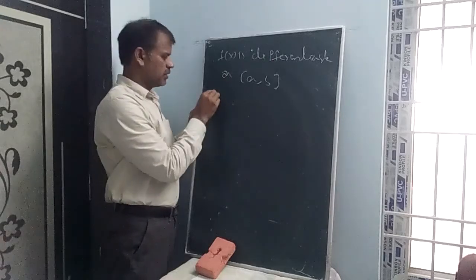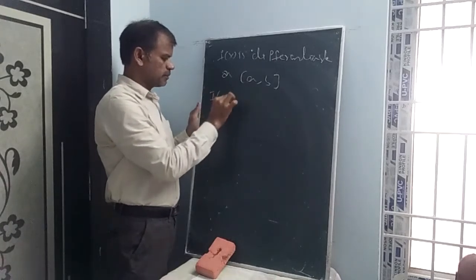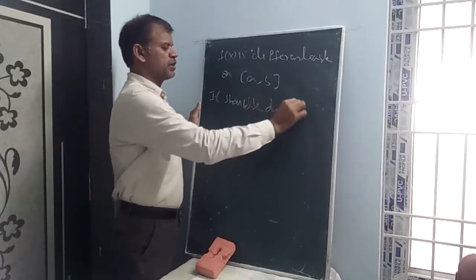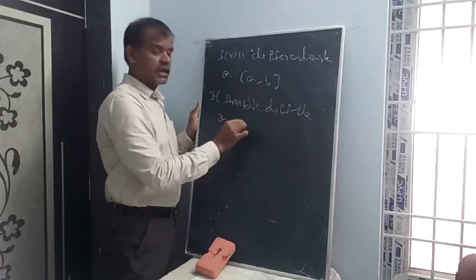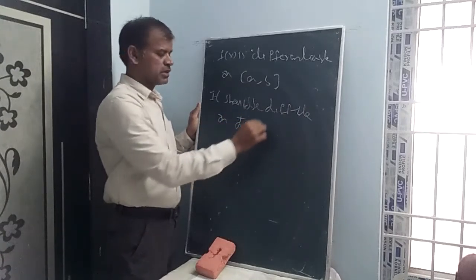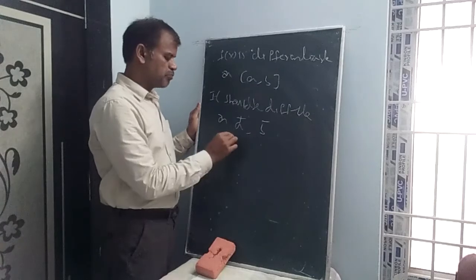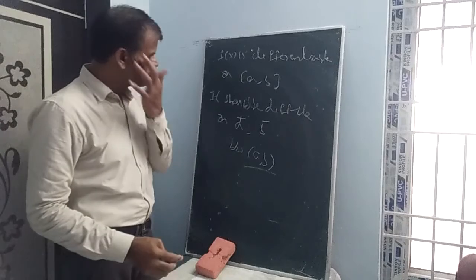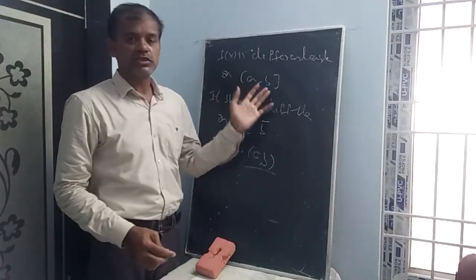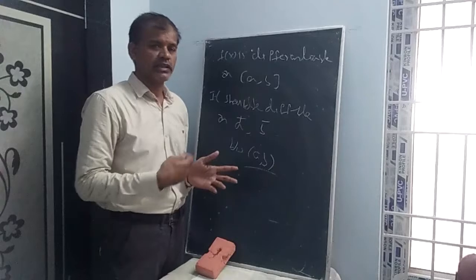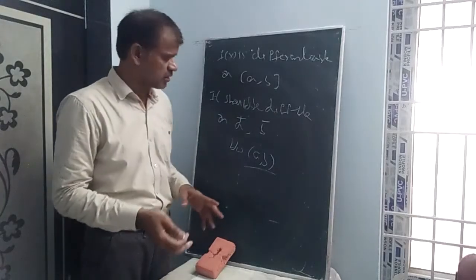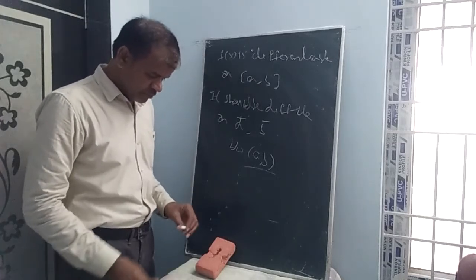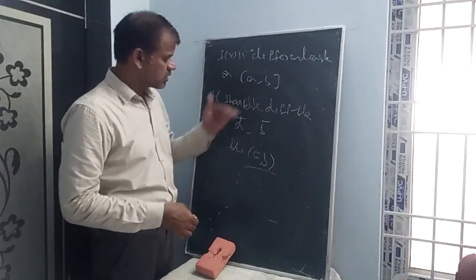It should be differentiable on the right neighborhood of a, the left neighborhood of b, and between a comma b, which means for each and every value between a comma b. Example, this is 2, this is 3. You take 2.1, 2.2, 2.3 like that until 2.9, until 3 you can take. So the right neighborhood of a and the left neighborhood of b should be satisfied. Whenever it is satisfied like that, it is differentiable.